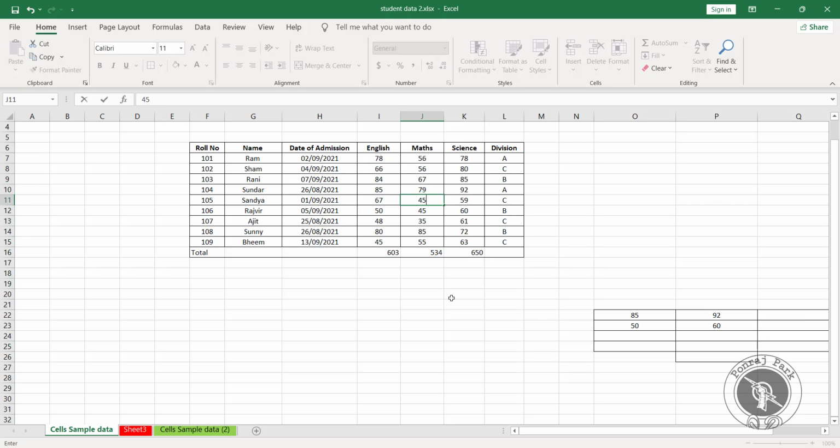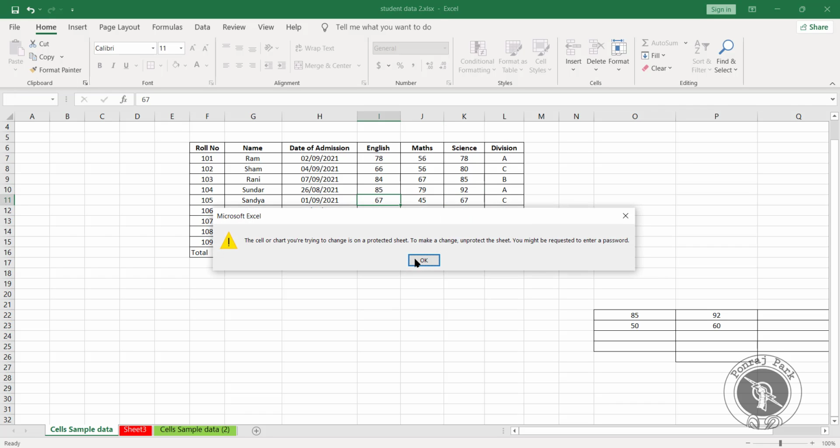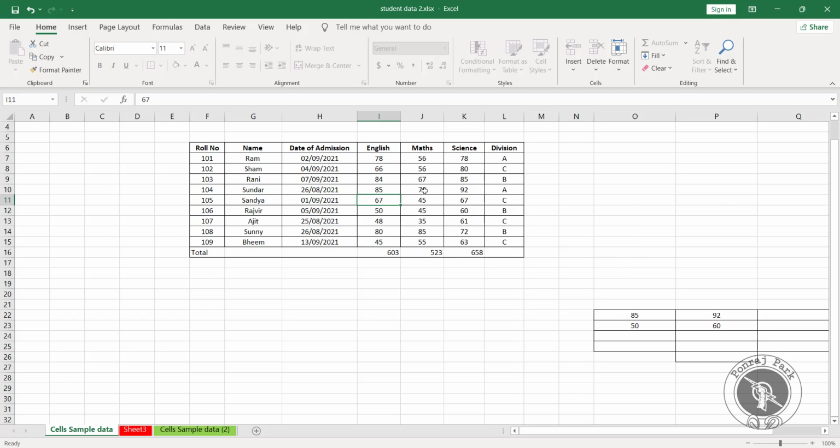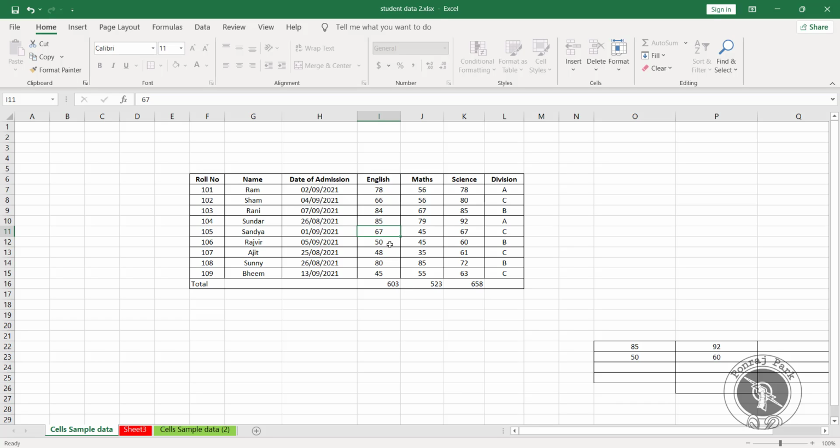Now whatever changes I make in these two cells, I will be able to do. If I make changes outside the selected cells, as those particular cells are locked, except these two which are unlocked and the rest are all locked, no one will be able to make those changes.